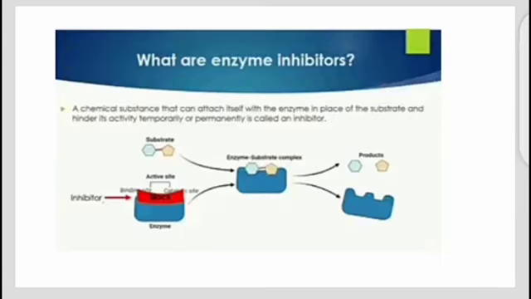First of all, we can see the simple mechanism of enzyme action. We know the substrate binds to the enzyme at its active site, and as a result, an enzyme-substrate complex is formed. After the formation of the enzyme-substrate complex, the substrate is broken down into its product and the enzyme is ready for further reactions. The enzyme inhibitors are basically chemical substances that can attach themselves to the enzyme in place